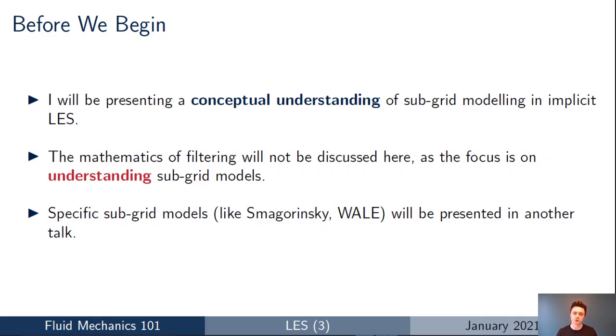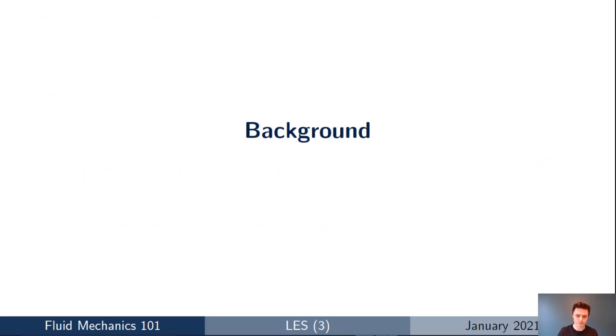I'm also not going to be talking about specific subgrid models yet, because I want to go through subgrid models in general first, and then look at specific subgrid models after we've got a generic understanding of what they are and how they work. Models like the Smagorinsky model, I'm going to present in a later talk. So first, just to start with a bit of background to help you understand where we are